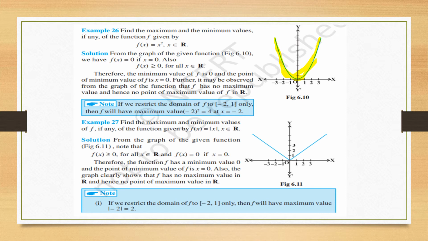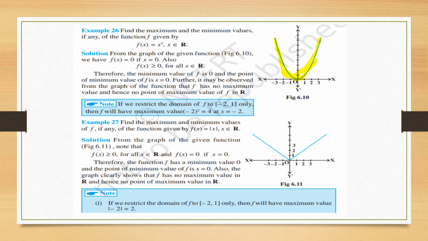So we say that for all real numbers this function is greater than or equal to 0. Therefore, the minimum value of this function is 0, and the point of minima is also x equal to 0. Right? And it is also observed from the graph that it has no maximum value because it is extending indefinitely